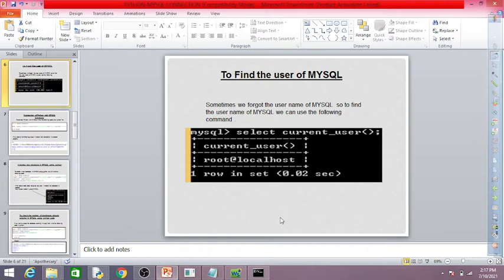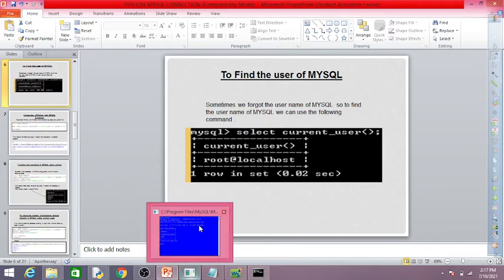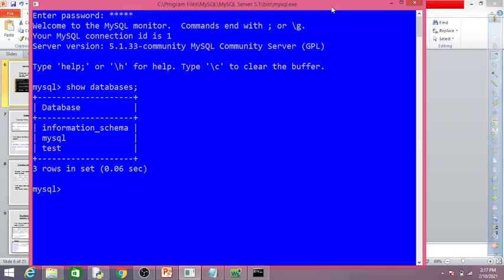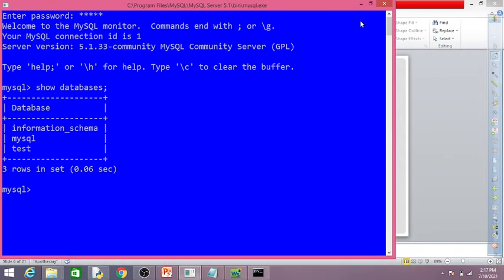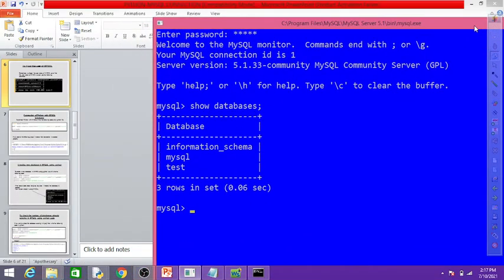With the help of this command, we can find the user of our MySQL. I can explain it practically, how you can find it. This is MySQL here. In this window, I can type this command: select current_user.